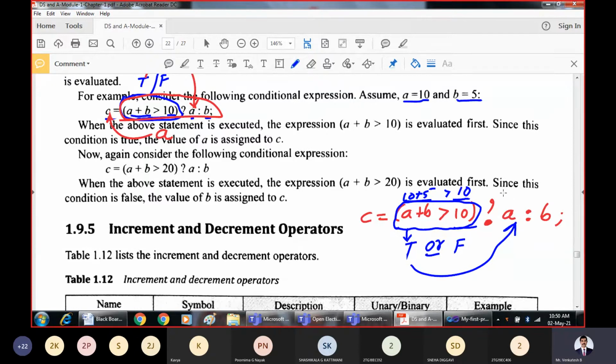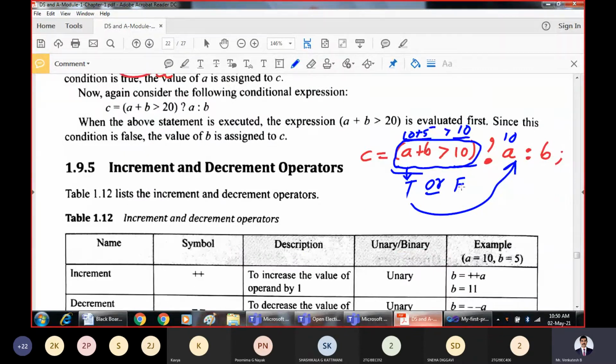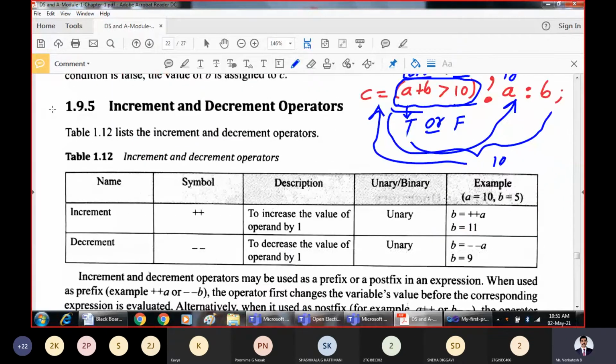The value of A is 10, so the outcome of the entire RHS is now 10, and that 10 will be assigned to C. That is how this ternary operator works.